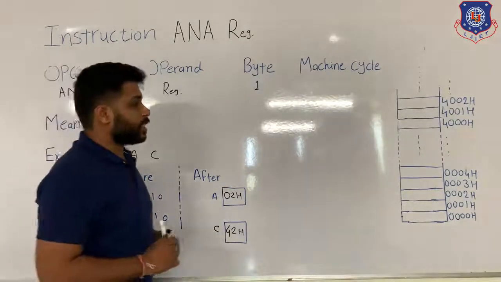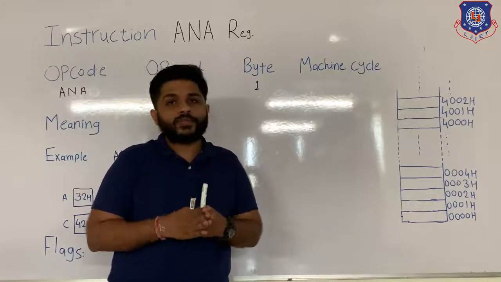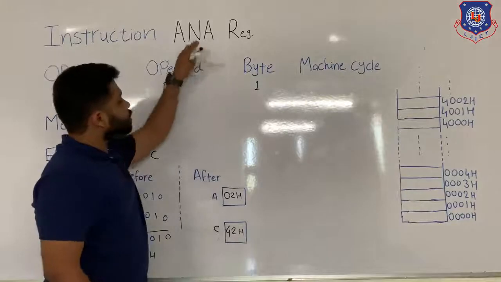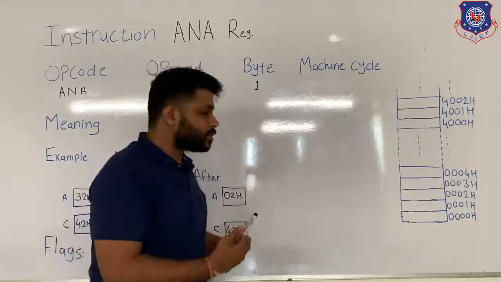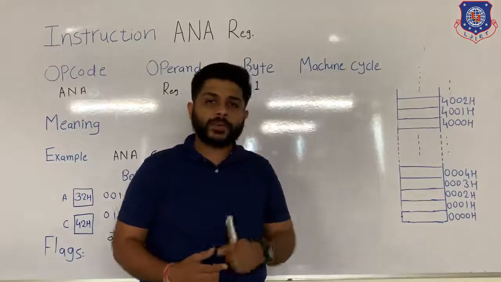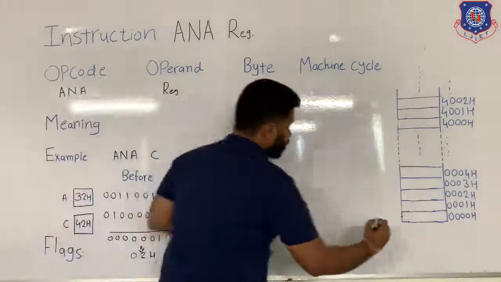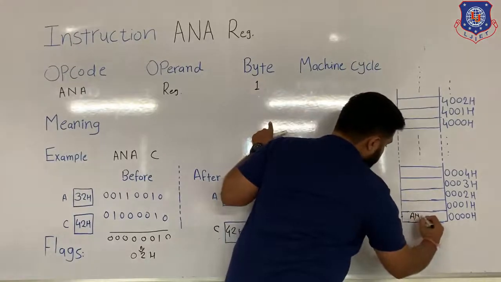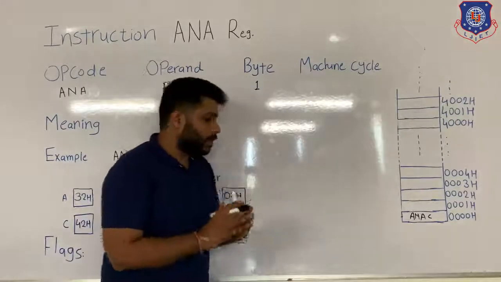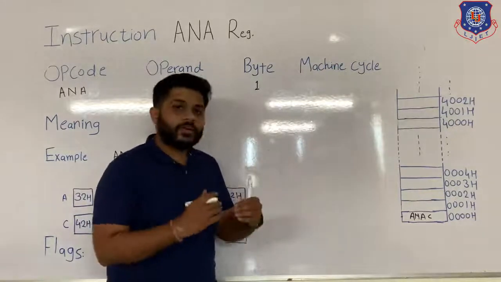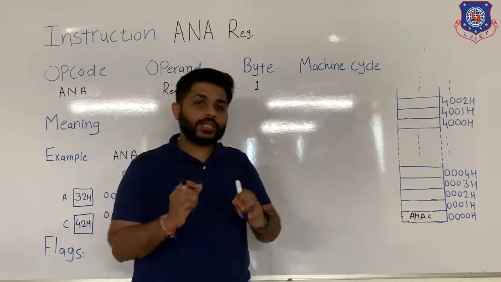Now let's see the machine cycle. To understand the machine cycle, we have to see all the steps which are being performed. We know that this instruction is of only 1 byte. If it is a 1 byte instruction, it means when we give this instruction to the memory, it will occupy only one memory location. So when we give the instruction ANA C in the memory, only the first location will be occupied. After all the instructions are stored in memory, the processor will start its task, that is fetch, decode and execute.